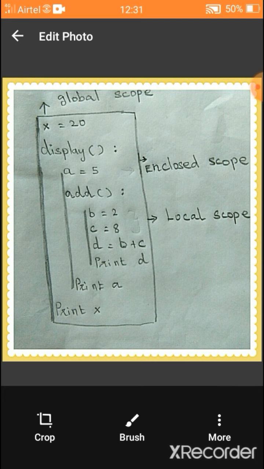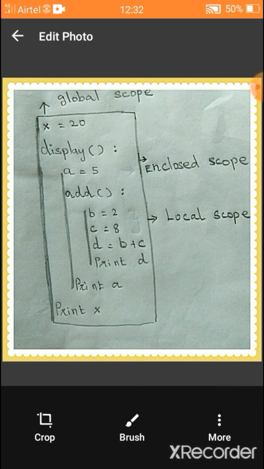How do we know the block in a Python program? Through the spaces given, we can identify the blocks. So b = 2, c = 8, d = b + c, print d. These four statements are given with spaces in the add function.